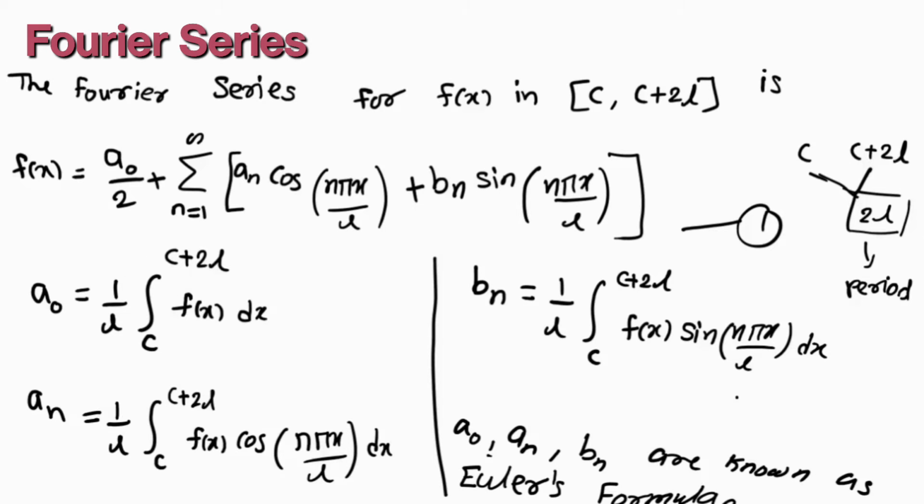Now, from this general form, I will tell you one particular example of how to use this Fourier series to find a particular formula of Fourier series. We want the Fourier series for the interval 0 to 2 pi. Now this 0 to 2 pi, if we compare with our general form of interval c to c plus 2l, because we know the formula for c to c plus 2l, compare this term, so you will get the idea. C is 0 and 2l is 2 pi, that means L is pi.